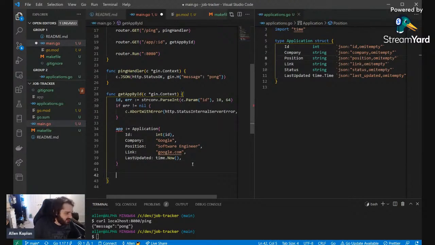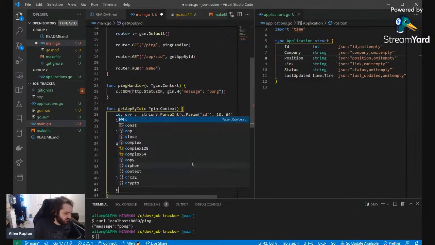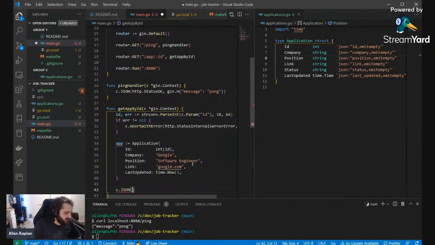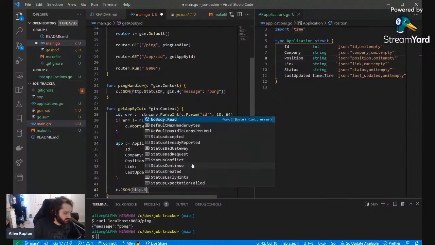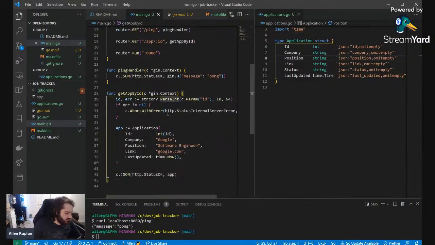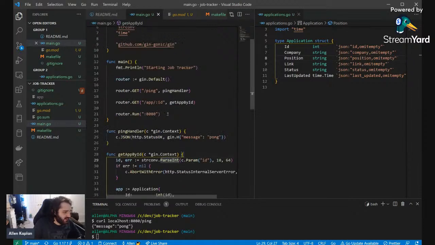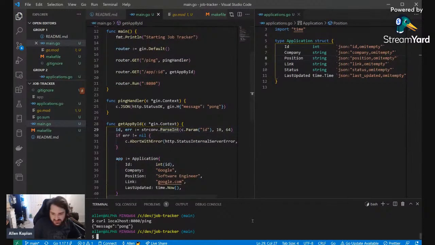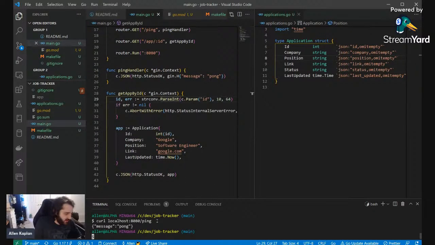So now we have an application, and let's say we want to return it. We'll just do a c.JSON back with http.StatusOK, which is standard. And what we're going to return, we're going to send it app. Cool. So this is the get app by ID, and it will return an app with the ID we specified for now. We're going to make this a bit more elegant soon by actually introducing a place to store them. And we're going to start with just a simple slice, and then we're going to make it into a database. So let's, for now, do